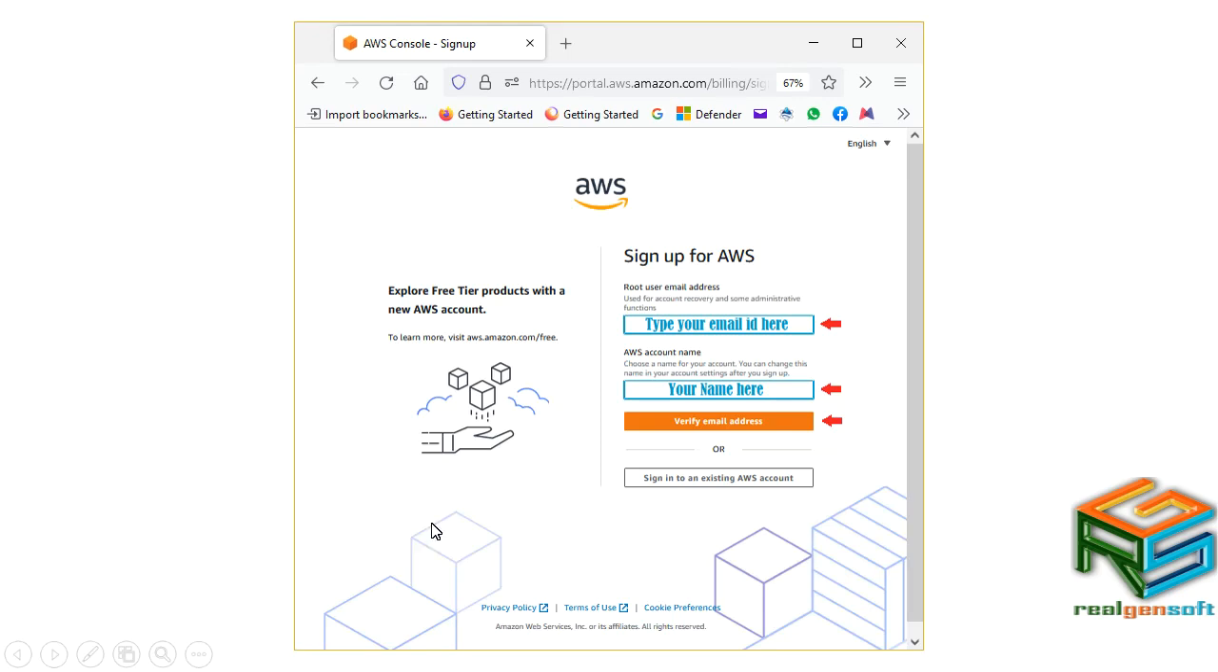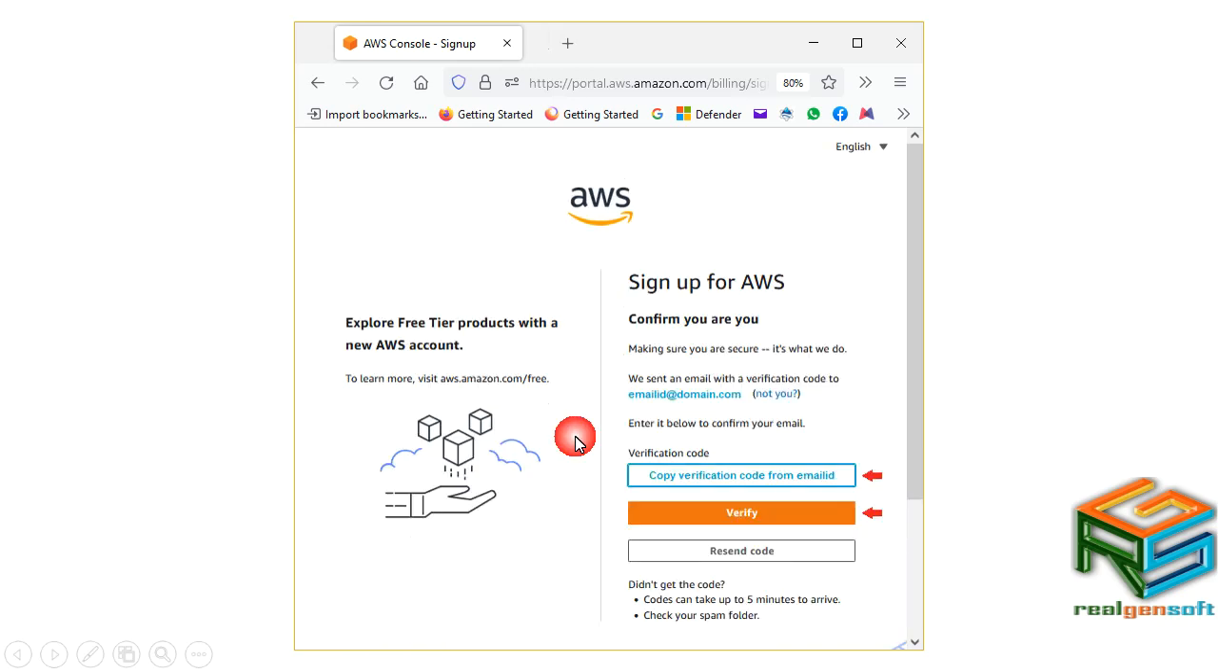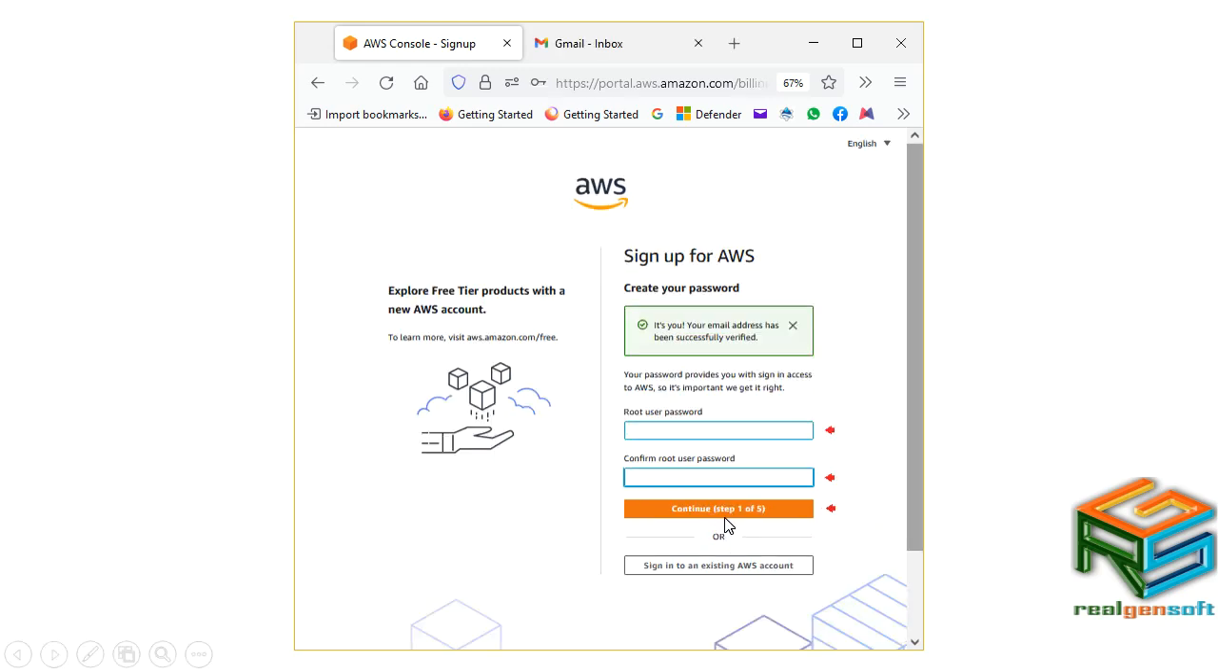Now on this screen we have to provide our email ID and full name which we would like to use or see on AWS website. Now click on email address button for next screen. Over here we have to provide verification code which is available in our email ID and then click on verify button. Over here we have to provide root user password and confirm root user password, then click on continue button